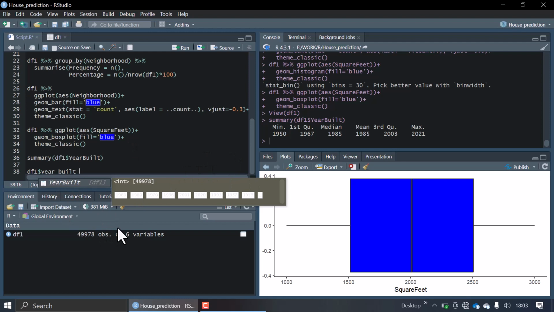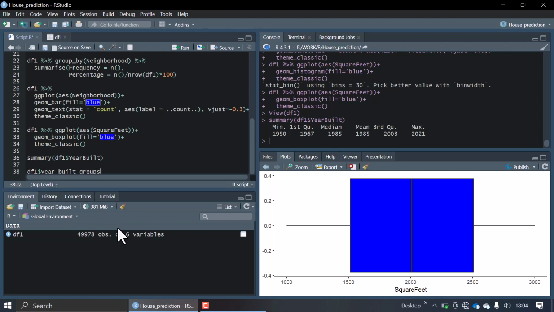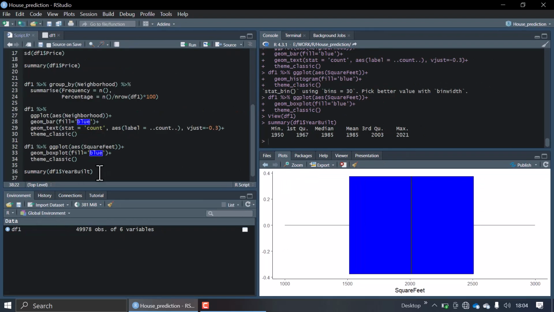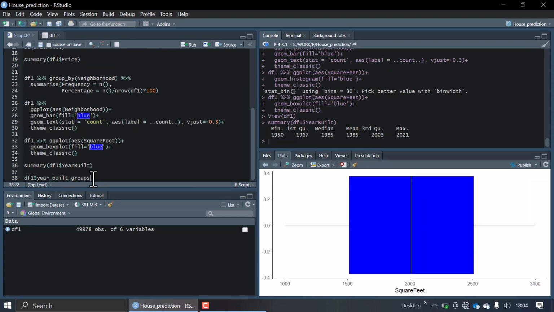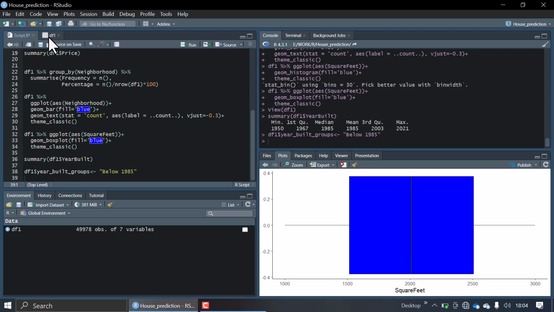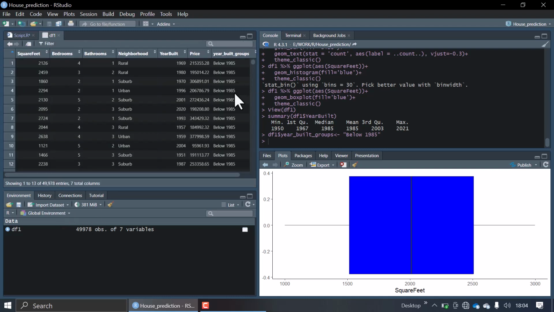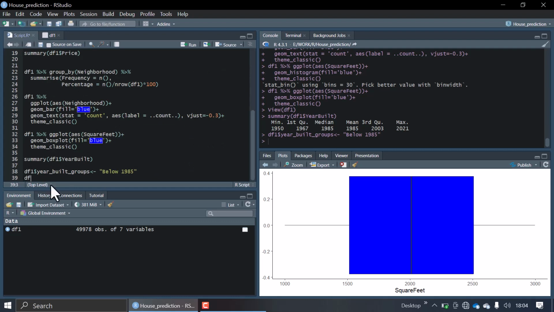I'll just create it here, and initially I'm going to assign it to below 1985, below the mean year built, and then run. When you check here, you'll see that I have below 1985, and I'll try to replace in df1 on year build